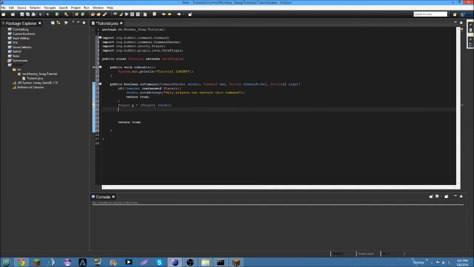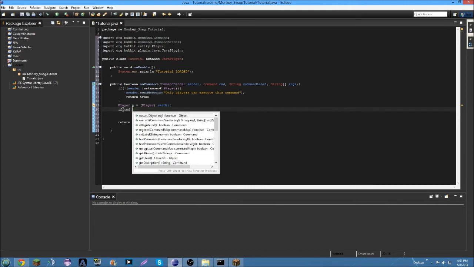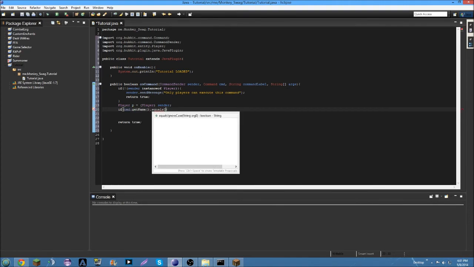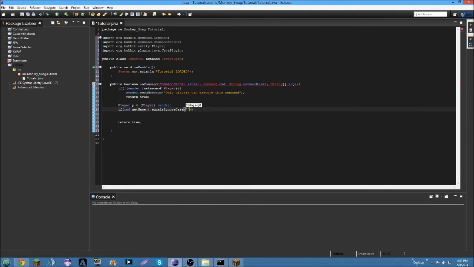So now let's do if cmd.getName.equalsIgnoreCase, let's do "hi". Alright. So if the name of the command equals ignore case, this means that they could do /hi, /HI, /Hi. Doesn't matter the case, we can still do it. So if they do /hi,